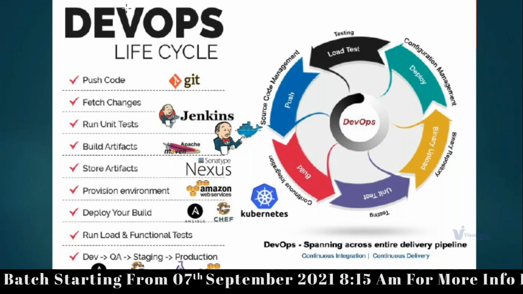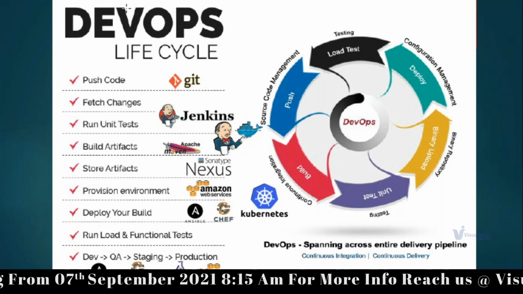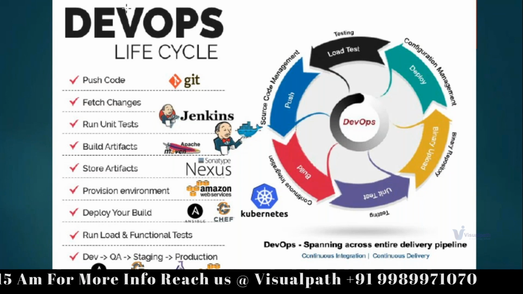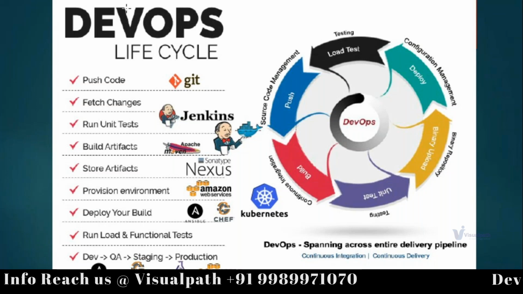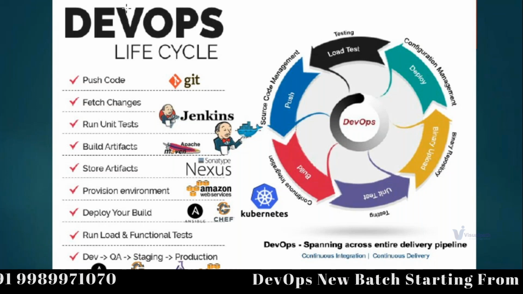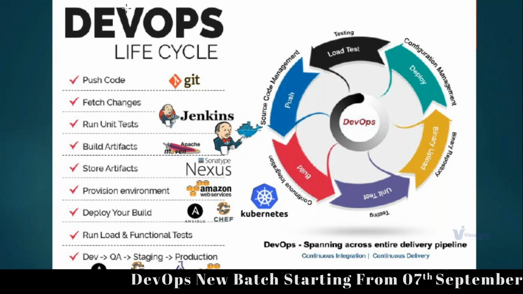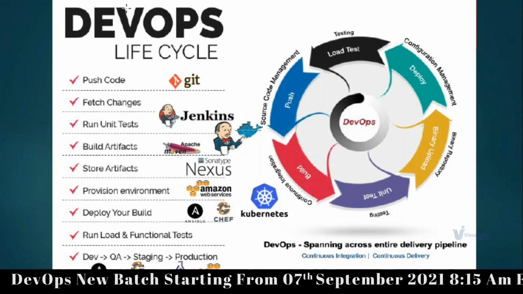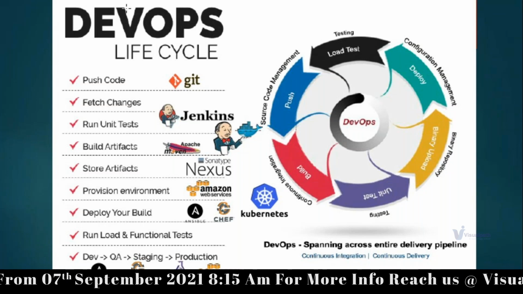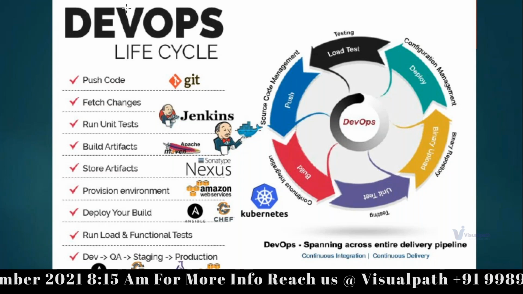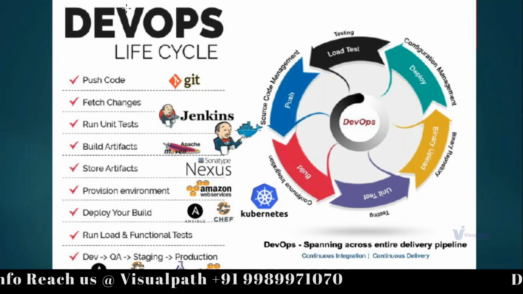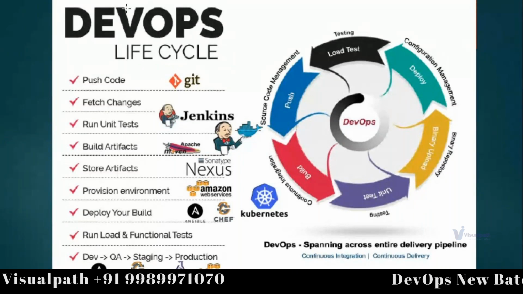Continuous delivery means just make the software ready to be deployed for production, but it is not deployed automatically to production environment. I mean, not in the same cycle. Okay, it is tested, it is delivered to different environments, everything is tested, and it is ready to be pushed to production. That is continuous delivery. Continuous deployment is without any approval, or basically it's pre-approved. Okay, it gets deployed to the production also. So whenever a developer makes a code change, all these things happen, and the changes go to the production environment. That is continuous deployment. More about this CI/CD we'll talk about in the class.